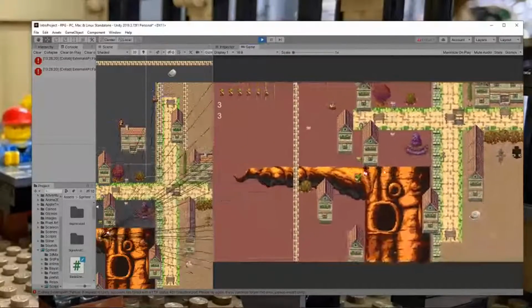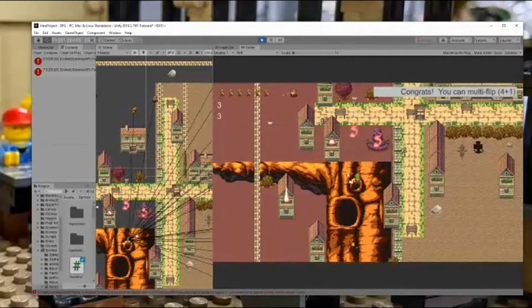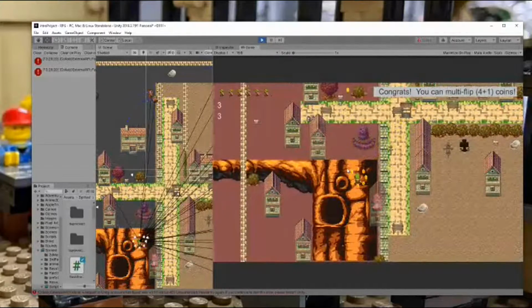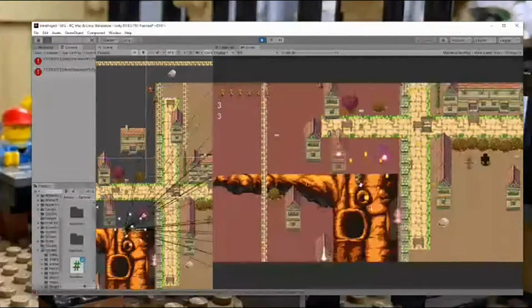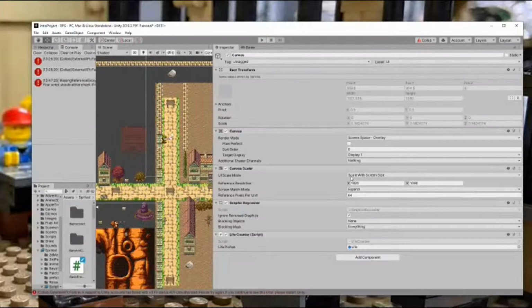Now, there's a gold chest over here, which I'm going to grab. Congrats again. And you'll notice this one is an 8-way weapon attack. Okay, I have a couple of different weapon attacks there.